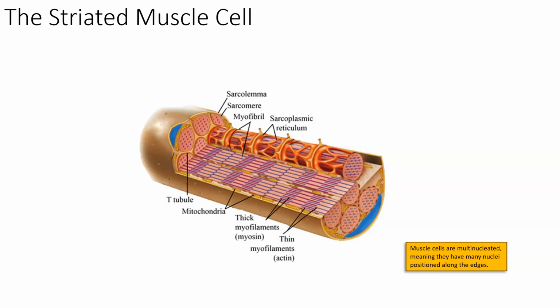So, what is a striated muscle cell? A striated muscle cell is a cell that contains a variety of different cellular components like other eukaryotic cells do, but they are highly specialized to perform a highly special function. And that function is all about contraction. And contraction shortens muscle fibers so that they can pull on levers, which are bones, in order to move an